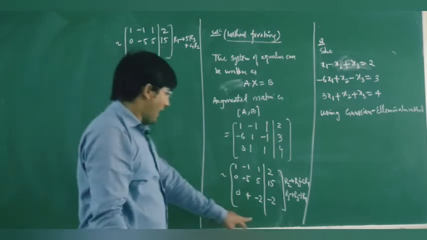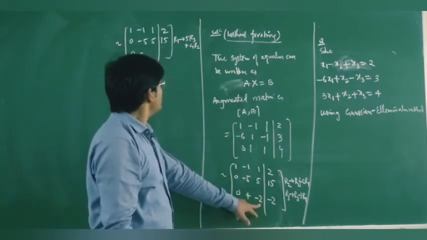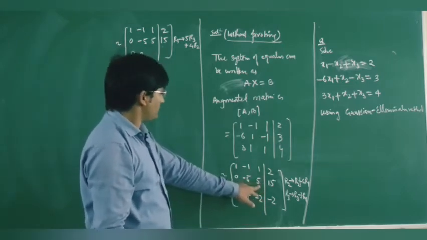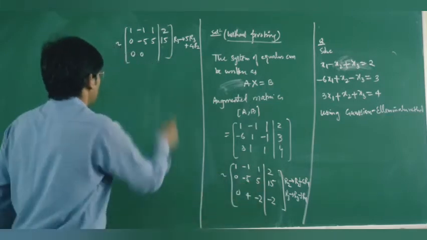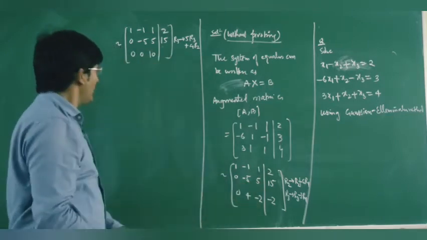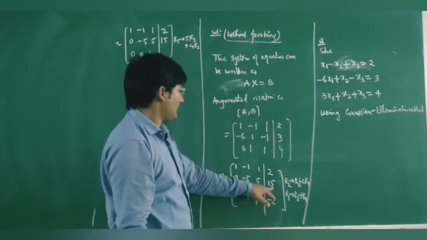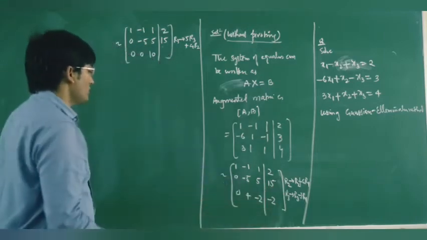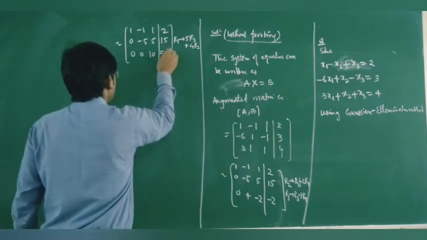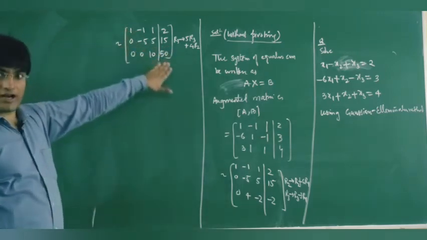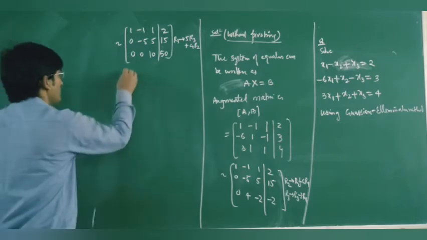But now 5 times of this element will be minus 10, then plus 20 will give you plus 10, so this is your plus 10. Then we have 5 times of R3, so this is your minus 10, and here we will have plus 60, so that means this is your 50. So now this is in upper triangular form, so your solution is given by